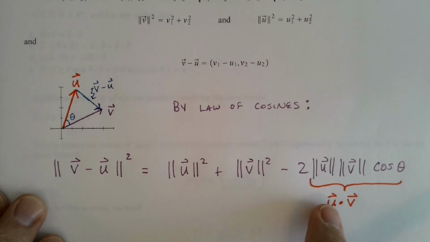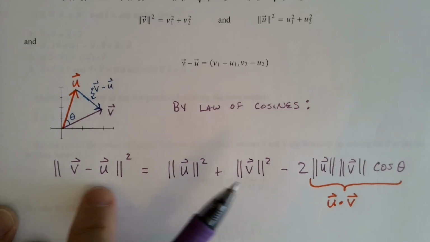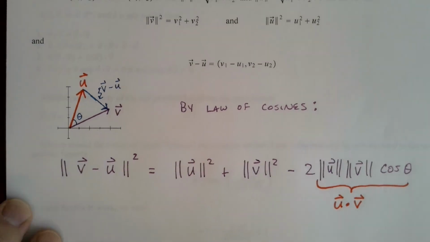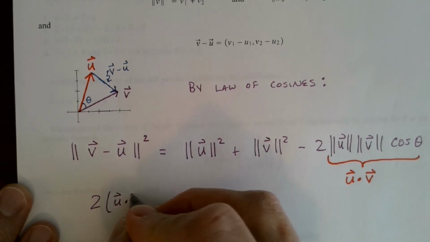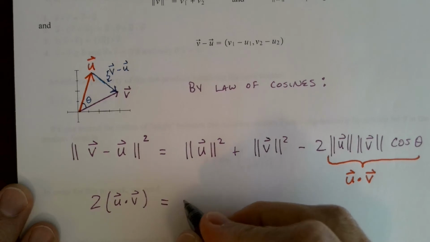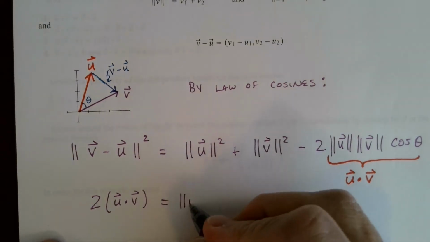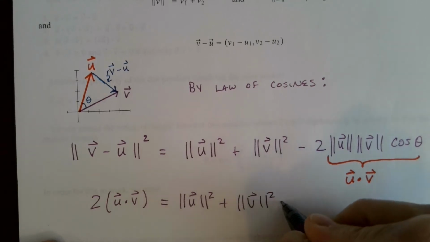I'm going to add 2 u dot v. Remember, u dot v is a scalar. So I'm going to add 2 u dot v to both sides of the equation, and I'm going to subtract this to get it over there. So I'm going to have 2 times u dot v, and I'm going to be solving for u dot v in a minute, is the magnitude of u squared plus the magnitude of v squared minus,